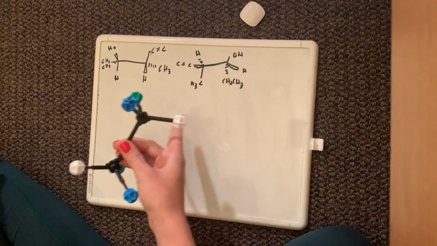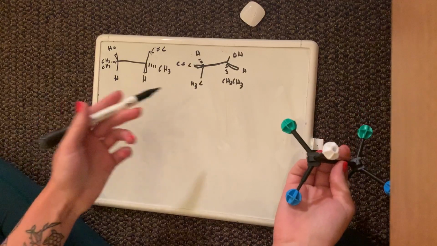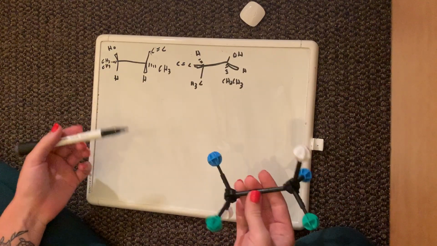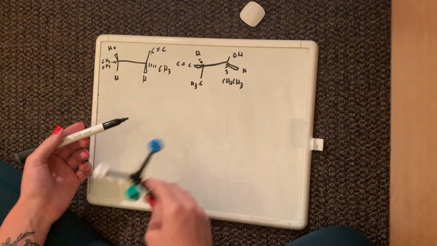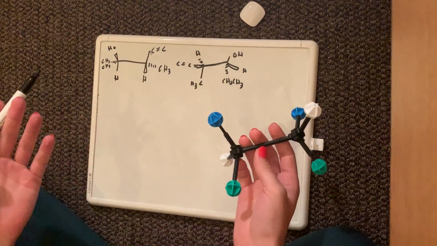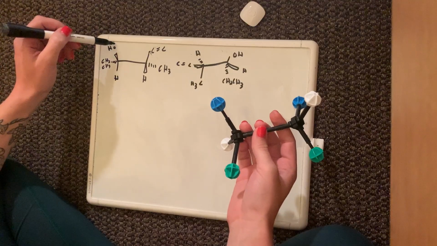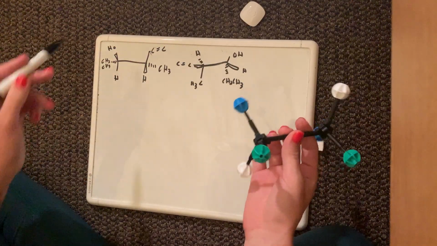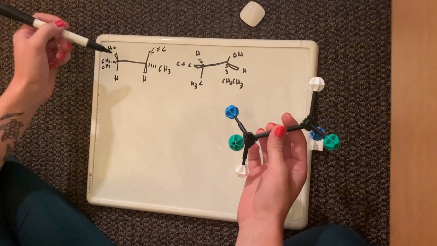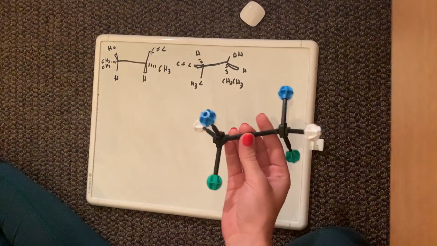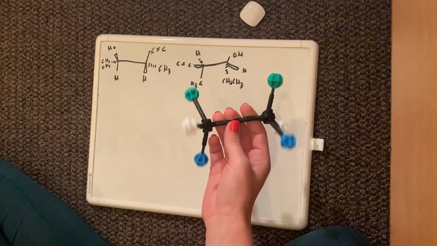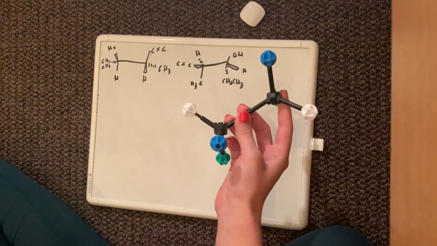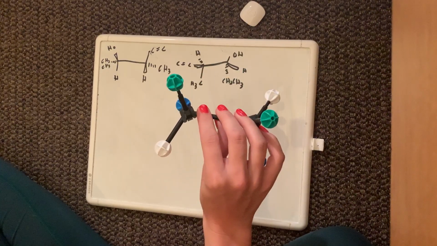And you have to decide which molecule you want to manipulate. I'm going to choose the right one because I said so. If you do the left one, you'll get the same answer. And if you don't get the same answer, you did something wrong. So we're going to do the right molecule because why not? And I'm going to pick on this OH substituent. Right off the bat, we know that this OH is on the front carbon and this OH is on the back carbon. So we have to flip our molecule like this to make the back carbon become the front carbon,